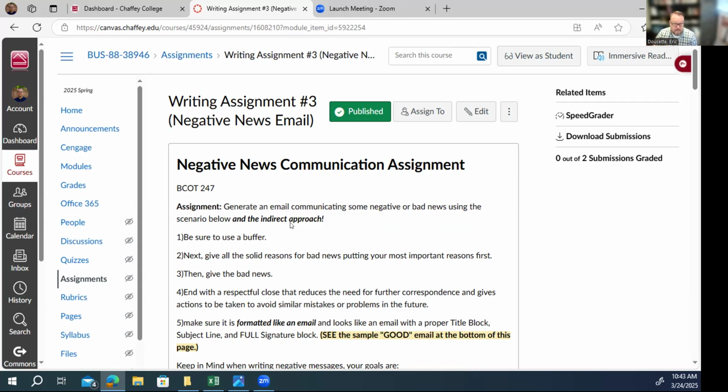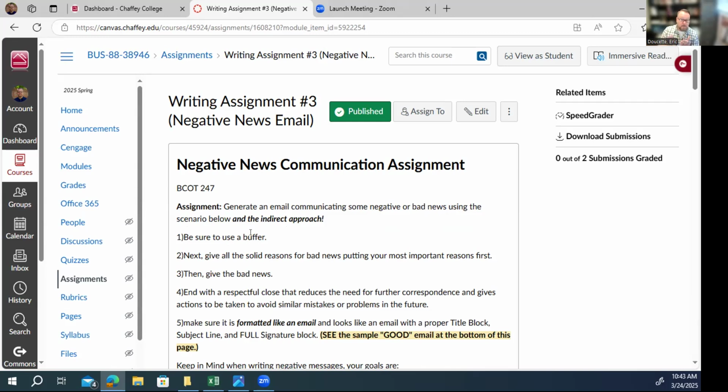And there's some great examples in your textbook of how to build up the message. But basically what your book says is to use a buffer. It's a neutral statement that introduces the topic, but doesn't reveal it yet. And there's a lot of ways that you can do a buffer. You can look at your book and see they give you multiple ways to create a buffer, but your document